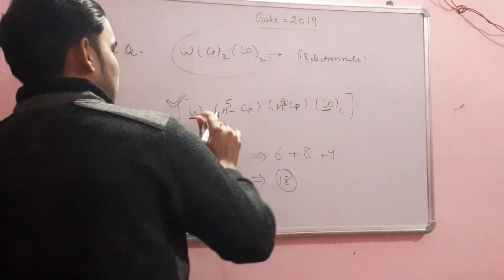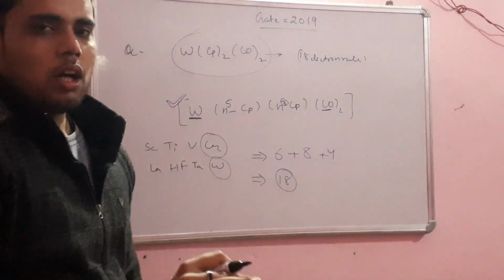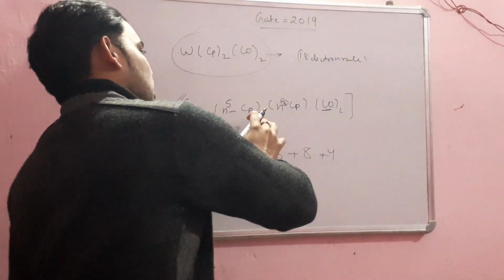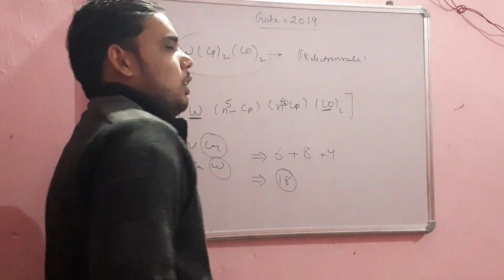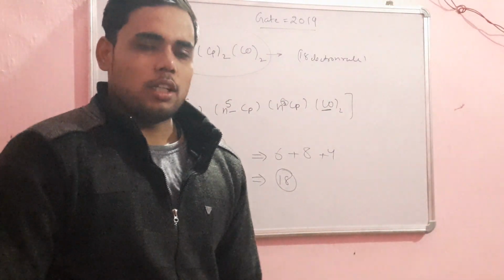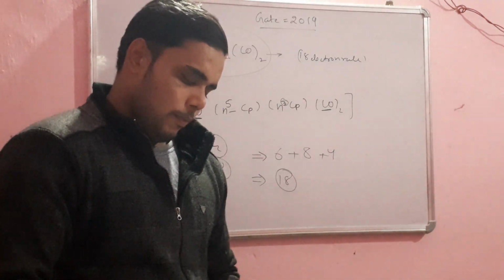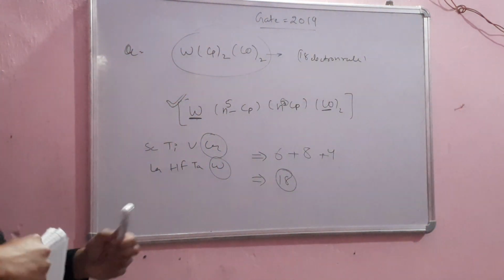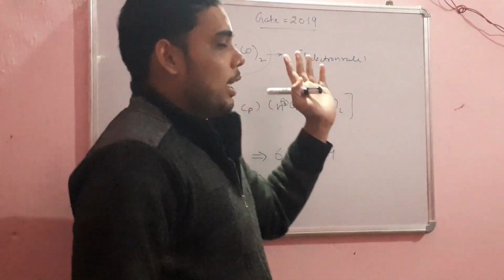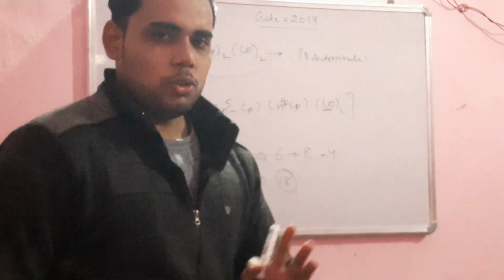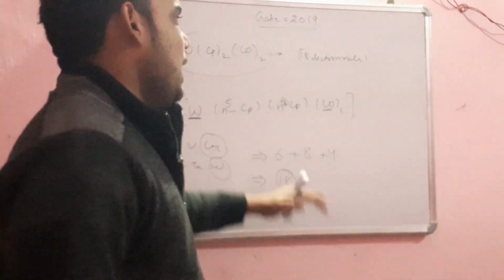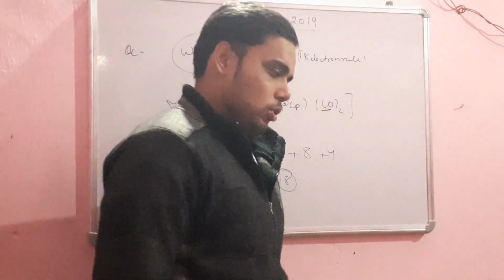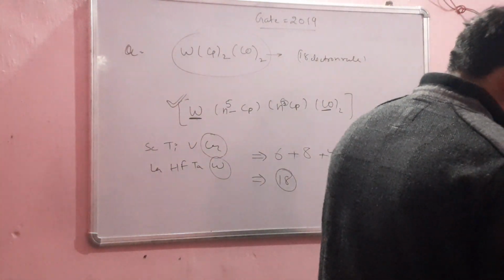So the option which has the electron count equal to 18, that compound is the correct representation of the above given compound. You have to do it like this. They will not give you a direct hint or tell you that you have to follow the 18 electron rule. You have to use your common sense and try to find a combination which satisfies this rule.